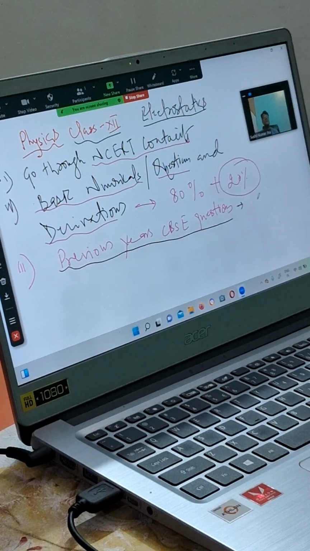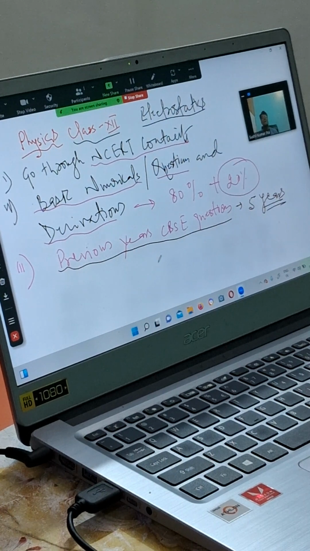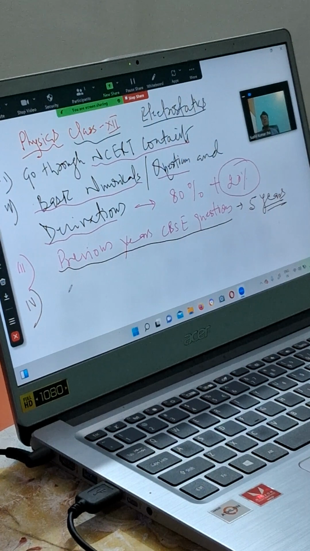At most, you look into the last 5 years' questions. That will help you a lot. And when these 4 steps are complete, then you need to go through, or better to say, give